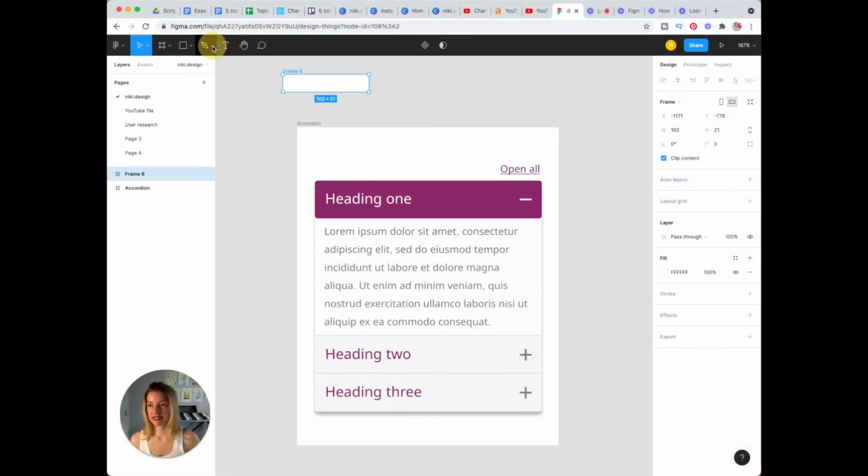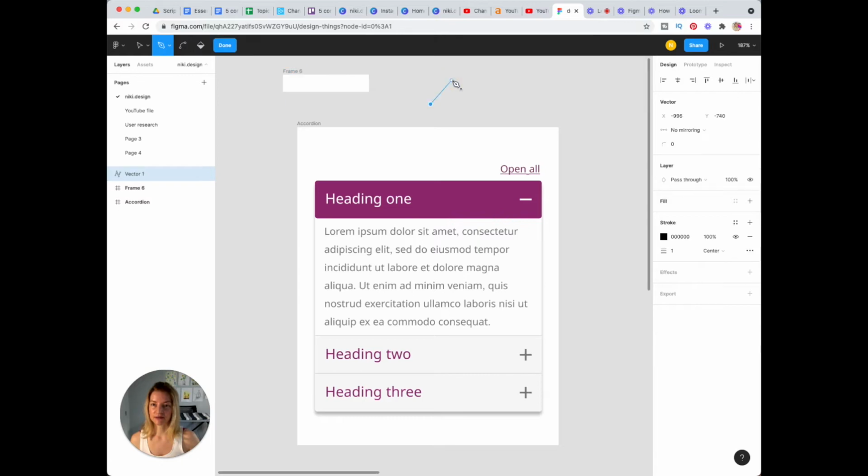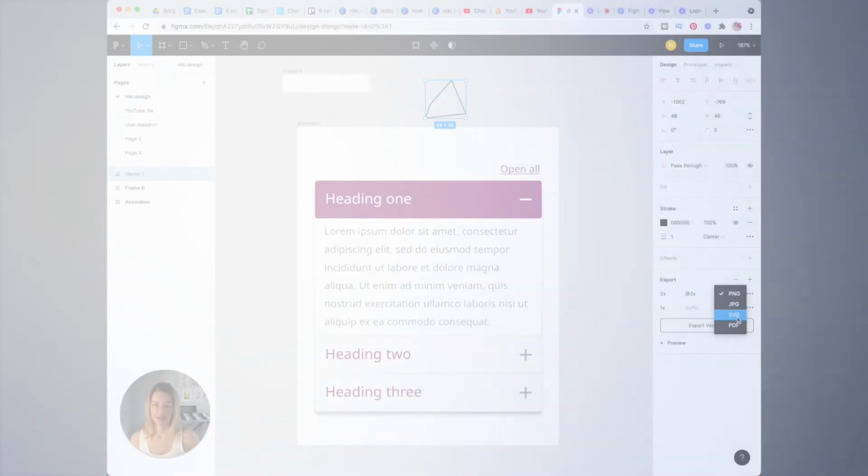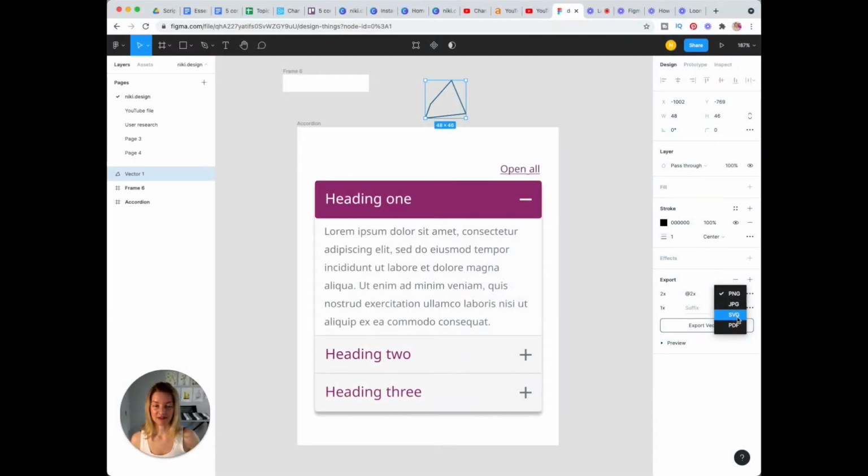Okay, so this next one is your pen tool. If you're familiar with Illustrator, this is how you can draw vector graphics. So see? And once you're done, hit done, and then beautiful. We just created a shape here. Now we are able to export. So you're just gonna click on this export panel here, select whatever version you would like to export this. If you would like to export this as a vector graphic, then you need to pick SVG.